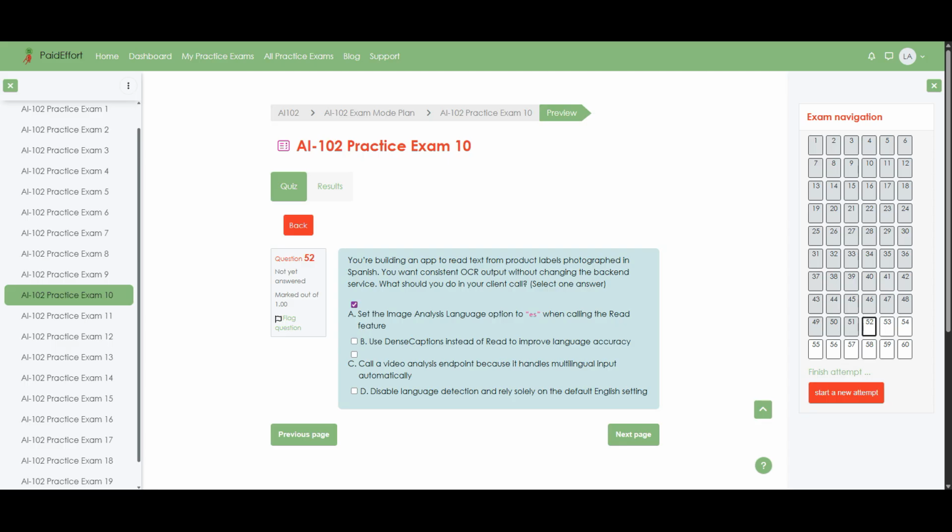The correct answer is A. Set the image analysis language option to ES when calling the read feature. Now let's work through why that is and why the others don't fit. Option A is correct because the read feature supports specifying a language hint in the client request. By explicitly setting the language to Spanish using ES, the OCR engine applies Spanish-specific recognition rules, which results in more consistent and accurate text extraction without requiring any changes